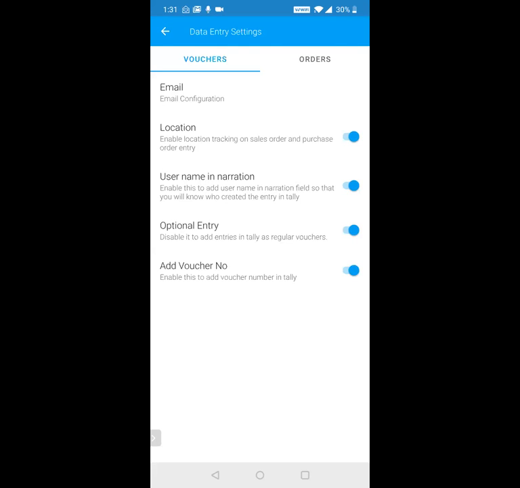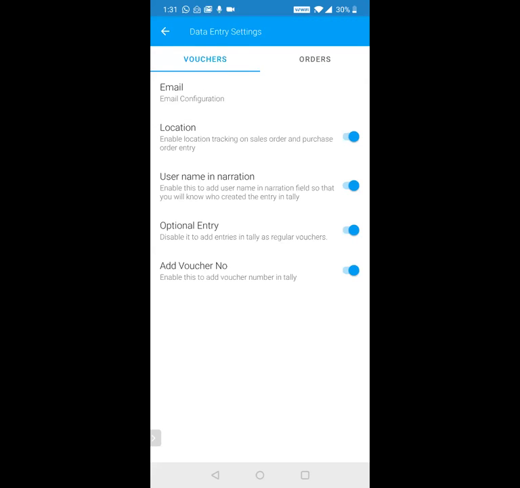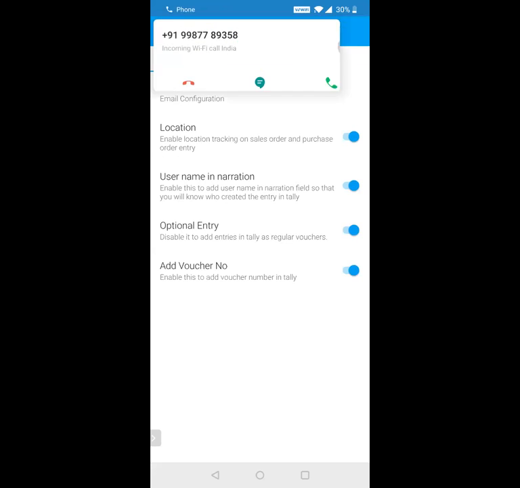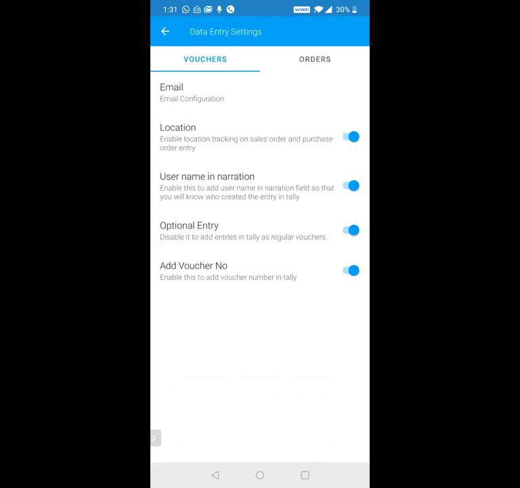If you turn it on, all the entries that you create from the mobile application will go as an optional entry in Tally. So you can go to Daybook and you will be able to see all the optional entries. Okay. Now, when you convert into a regular entry, you have to do Alt L in Tally. That will get converted into a regular entry. Okay, then only it will hit your books. So you can use this as a way to verify the entry in Tally by your accountant, and then it will hit your Tally.